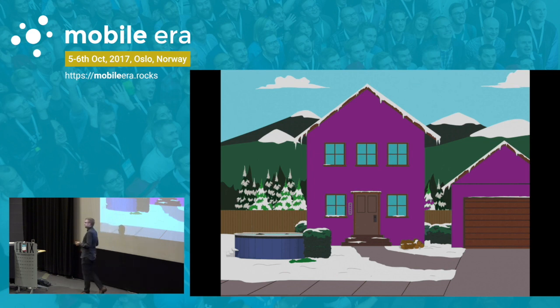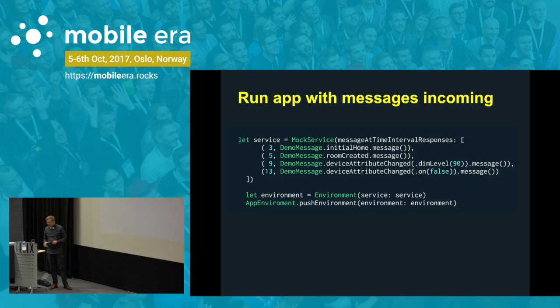So we want to test how the app works. And when you're doing IoT apps, you don't want to run up to the second floor to turn off a light and see how that works, and then run down to the first floor and turn off a light. That's really time consuming. So we made a way of testing the app with mock data. And that's a little special when we want to stream, since we're only dealing with streaming events. So we set up this kind of mock service with a given array of messages we want to receive, and then the time interval we want to receive them at.